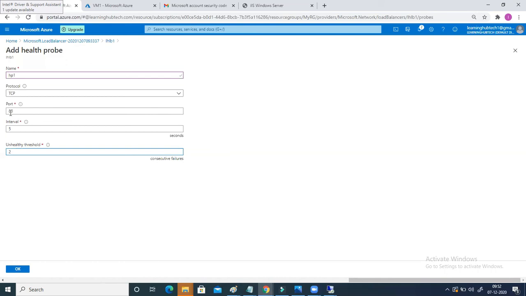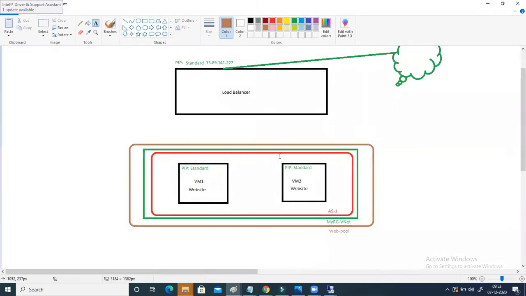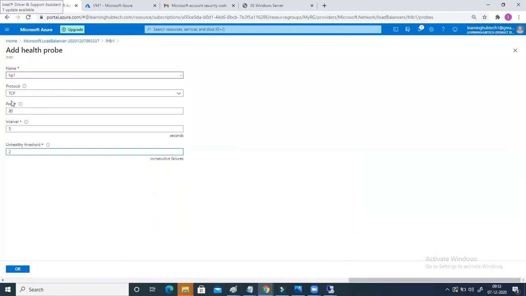You can see this is the port number from where exactly these messages are flowing. So via port 80, the load balancer is going to send the message to VM1. This is how it works. So this is the concept of your health probe, and this is a very, very critical concept. The health probe is also configured. I have filled up all of the information, so I'm not going to change anything, just going with the default information. So click on OK.